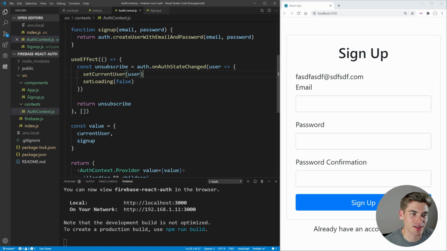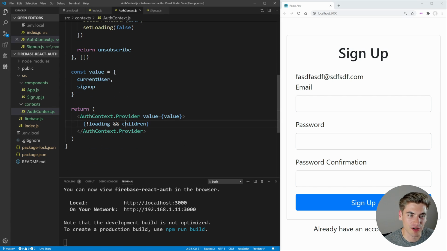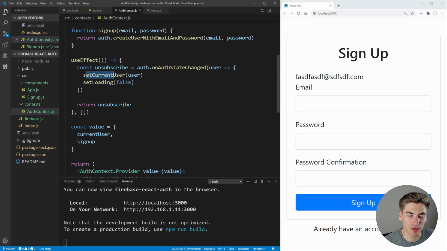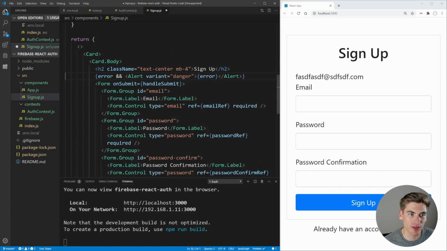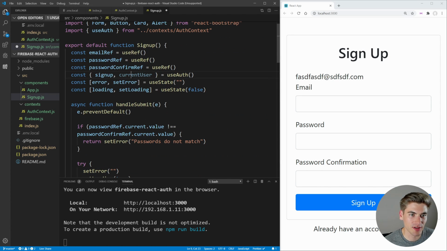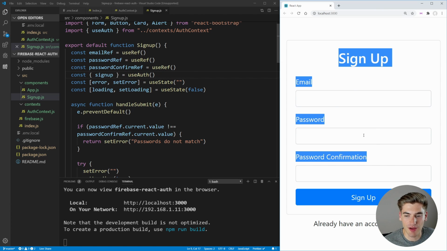And the reason for this is that we're making sure that we don't render any of our application until we have our current user being set for the very first time. If we have no current user, obviously this is going to fail because the current user doesn't exist, but that's okay. We don't actually want this code here. This is just for testing purposes. So we'll get rid of that current user code here, save this again, and we essentially have a completely working